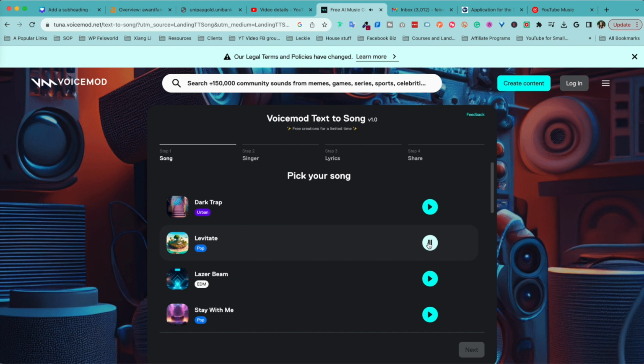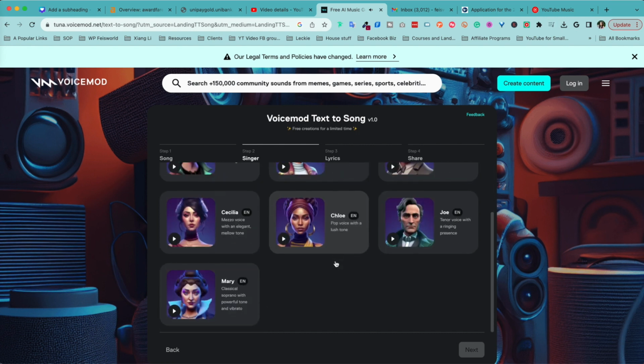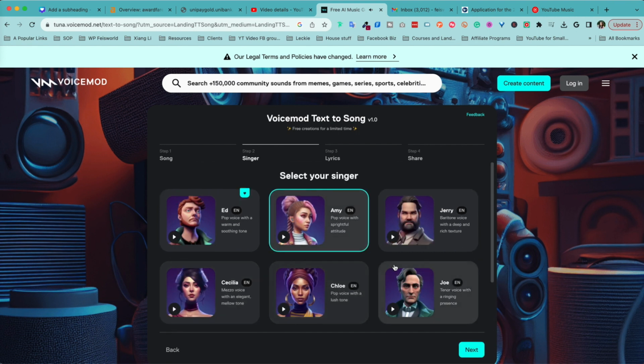Pretty cool. Okay, I'm feeling this one. What do you guys think? So, all right, let's pick this one. Go to next. And you can actually pick a singer. Let's see. Okay, let's just have the casual one right here.